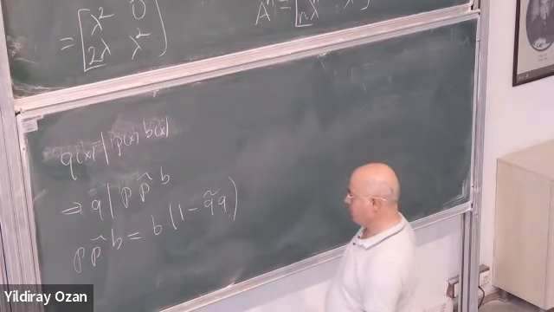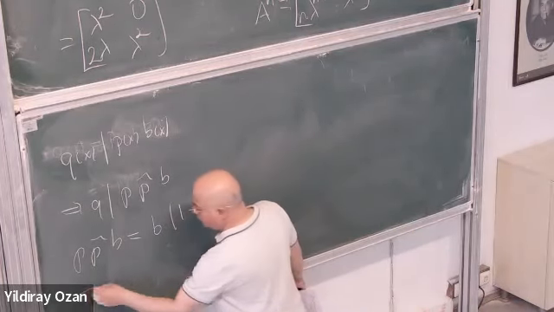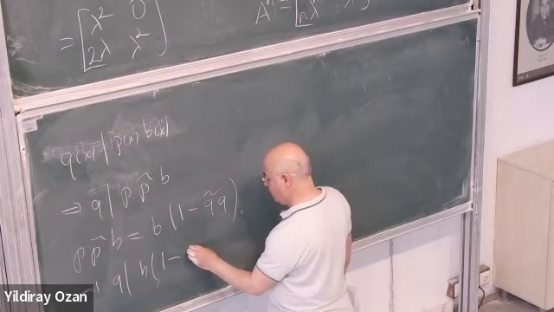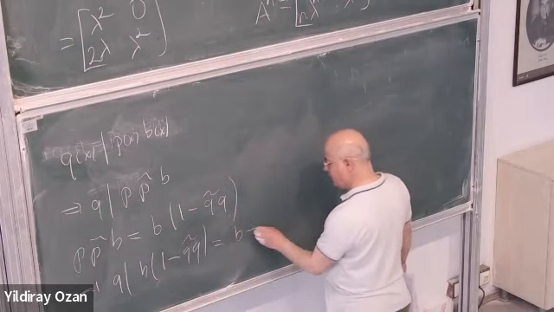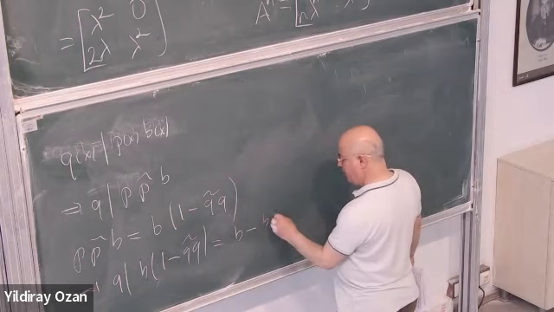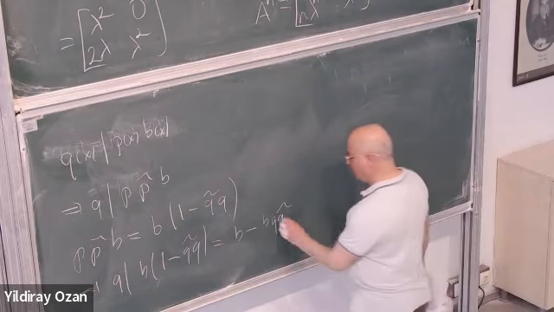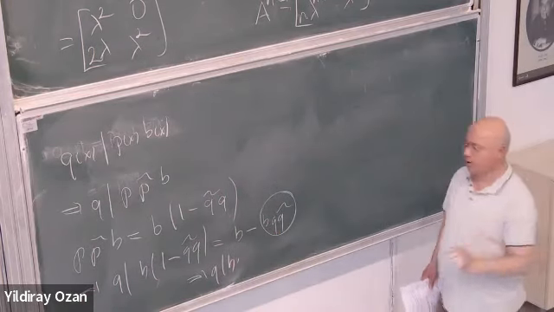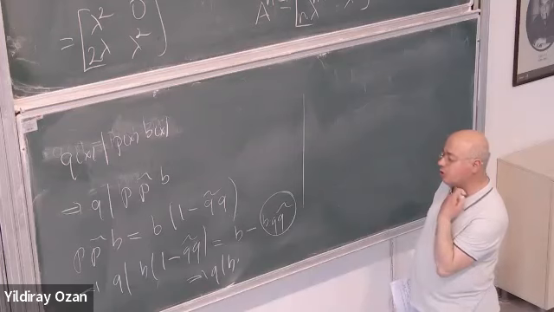Okay, Q divides the right side. Now since Q divides this, it will divide this. Therefore Q divides B times 1 minus Q tilde. What is this? B minus B Q tilde, right? Then Q divides this one, therefore Q divides B. Okay. So what we see is that Q also divides